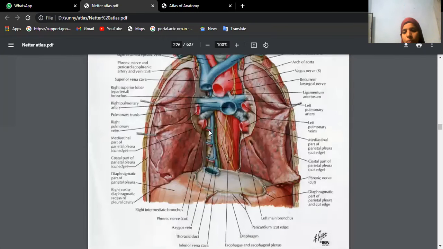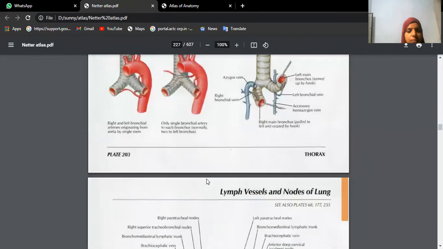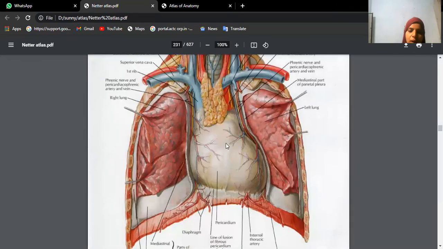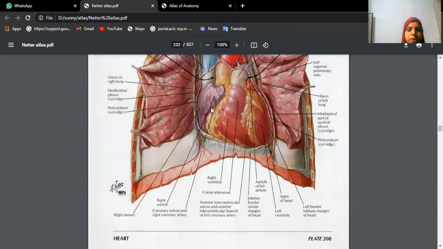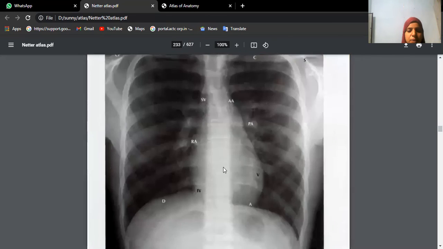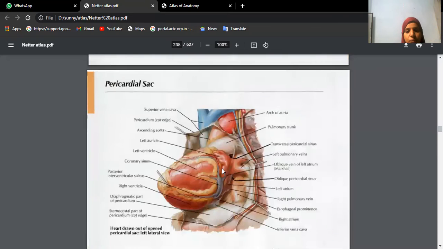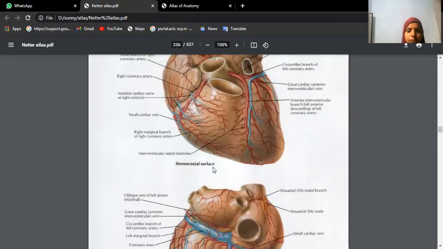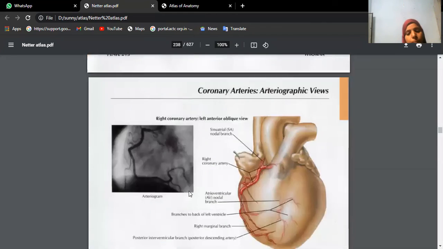Here heart has been removed so that you are seeing the posterior mediastinum contents. Same thing. So heart is there along with pericardium. Pericardium is intact. Next picture, pericardium is cut. Next picture, heart is removed. Same thing, you are just pulling and cutting the great vessels. Once you remove, you are finding the pericardium from its posterior aspect with the sinuses, transverse sinus and oblique sinus. Coronary blood vessels.